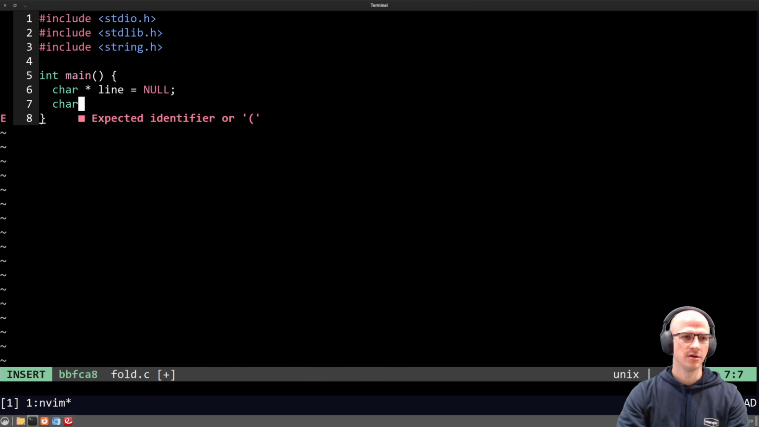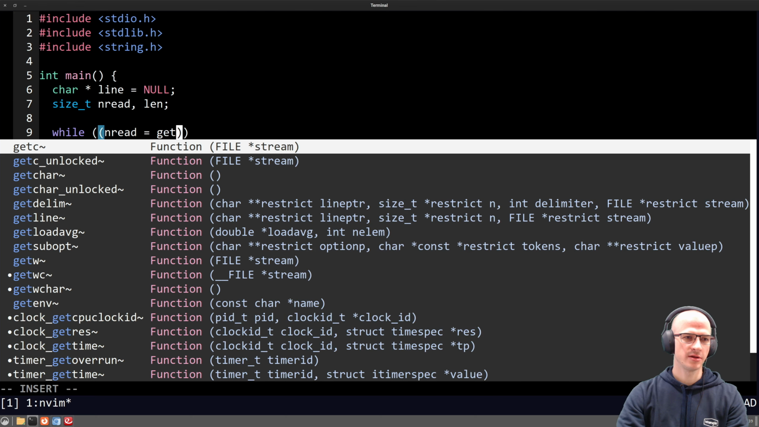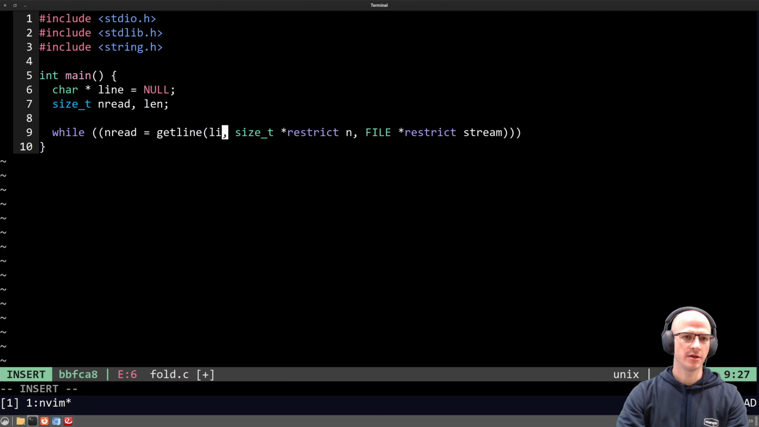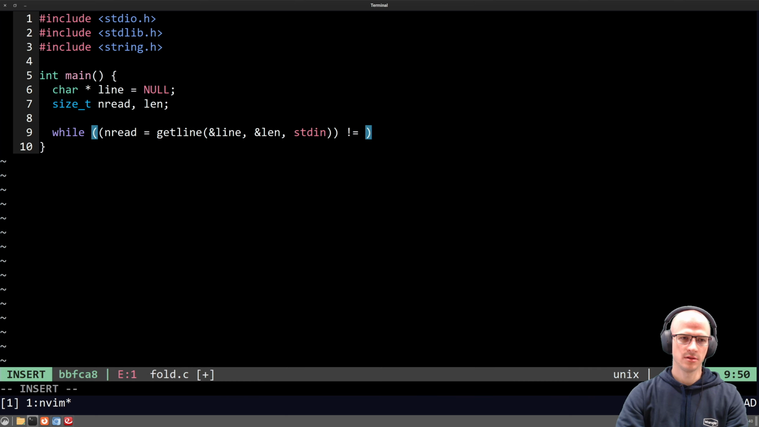So char line is NULL, size_t number of read bytes, length, and while number of read bytes equals getline, line, length, and this has to be a reference, and standard input, is not equal to -1. So for each line we could first say